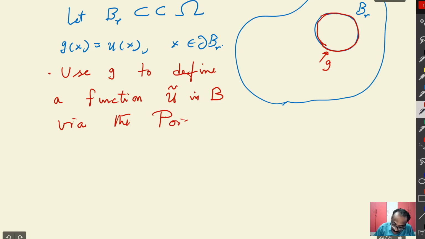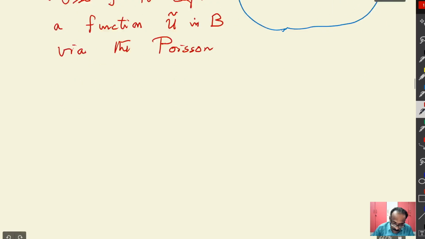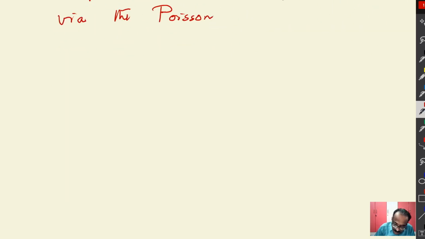The Poisson integral actually solves the Laplace equation. If you know the boundary values on any ball, using the Poisson integral we have solved the problem: Laplacian U equal to 0 in any ball and U equal to G on the boundary. So using only the boundary values of U, you can define U inside, which will be a harmonic function. What is that definition? Via the Poisson integral